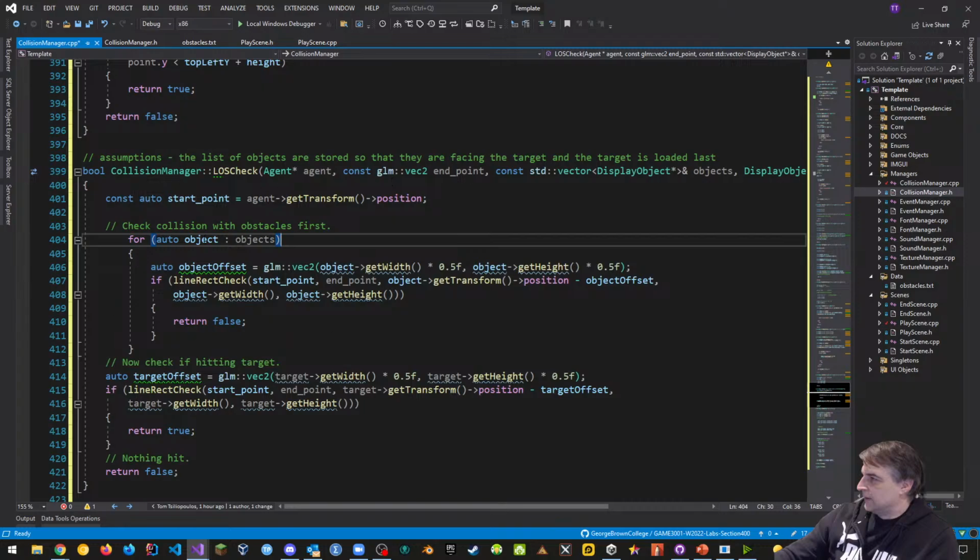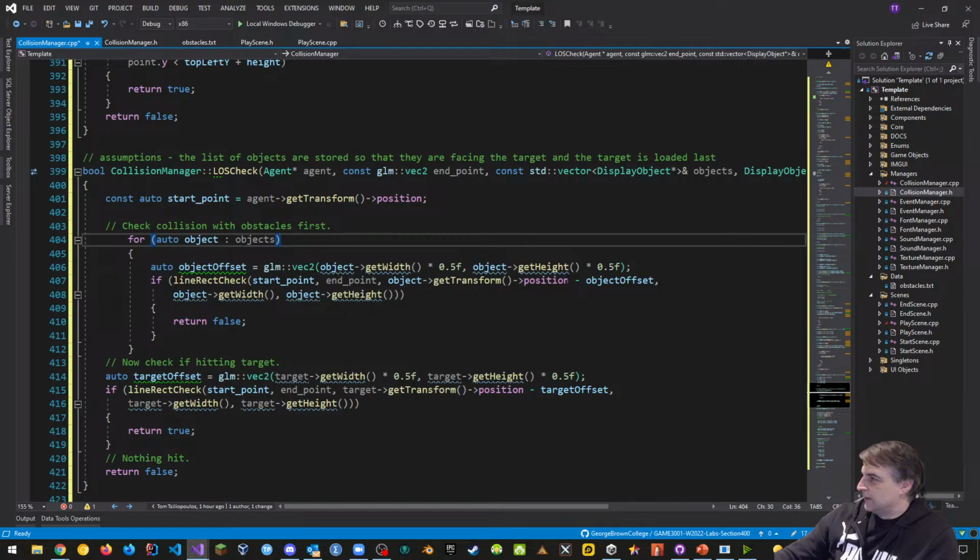For every object in the contact list, that's what this is here, for every object in the contact list, we're going to keep that object offset, where the object offset basically goes to the middle of the object. That's what it does, right? And we're going to do a line rect check between the start and end point. So this is the start and end. This is the line, right?